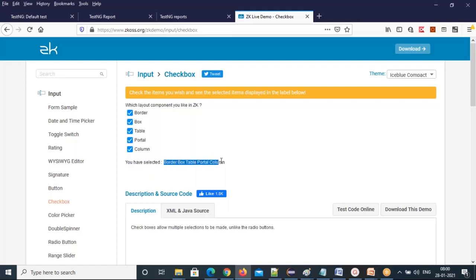I want to fetch all this text, the names of all the boxes I selected. How can you fetch it? This is dynamic, right? For example, if I didn't select some, those will be omitted from this text. How can you fetch this dynamic text? This is one test case I'm going to do. Then I'll go back again.